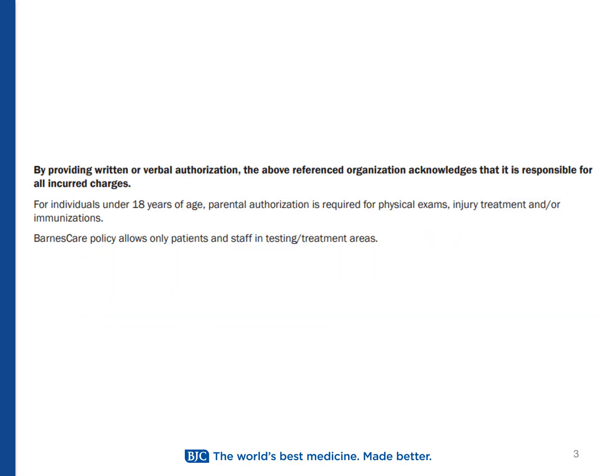Below the demographics section explains 3 key policies that apply to every authorization. First, the company representative listed on the form is the individual taking financial responsibility for all charges related to the visit. Second, if the patient is under 18, a parent or guardian must be present for physical exams, injury visits,